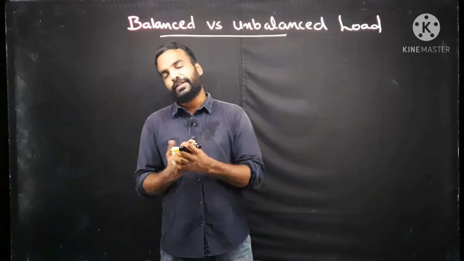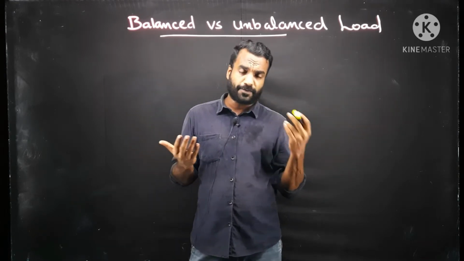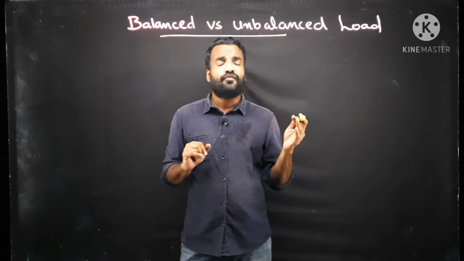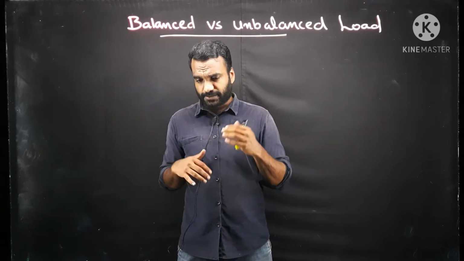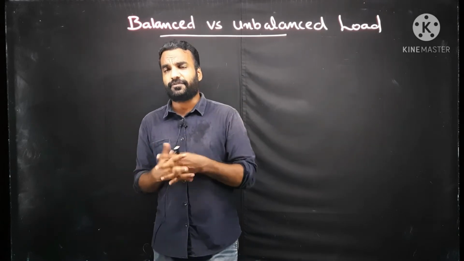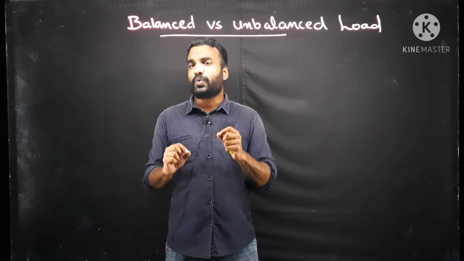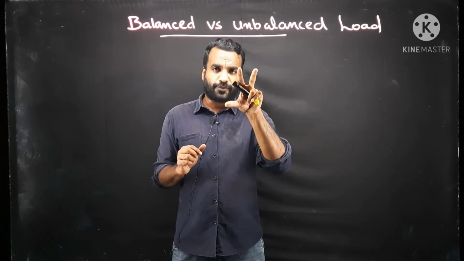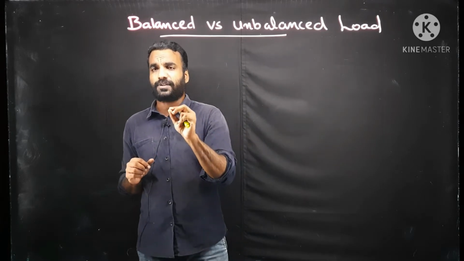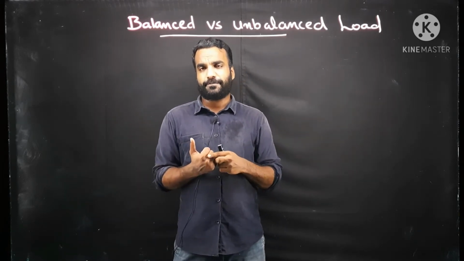So in last class we discussed star connection and delta connection, how we can find the power in star connection and delta connection, and what the basic difference between star and delta was. Let's brush up those things. What was the basic difference? In star we have a neutral point, that is, all the outgoing terminals of the loads are connected together, and that point is known as the neutral point. But in delta we do not have any neutral point.